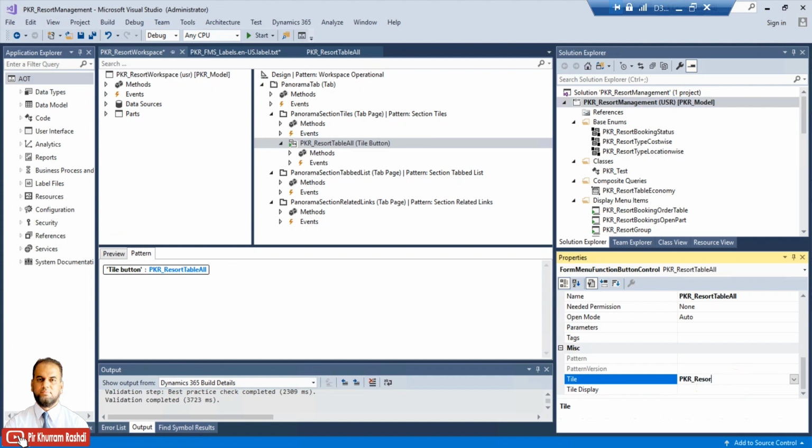Just put it resort table all and open the lookup, in order to verify the tile is there and with the same name, resort table all. And then what we can do is